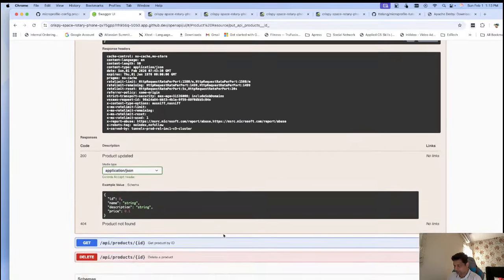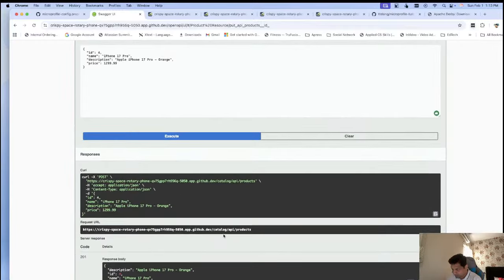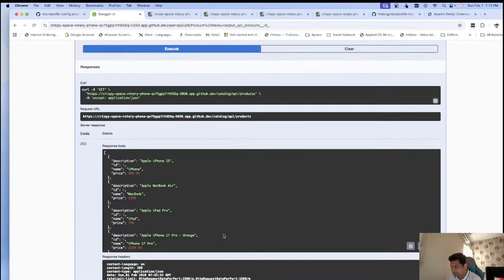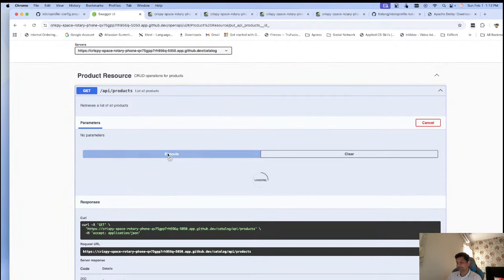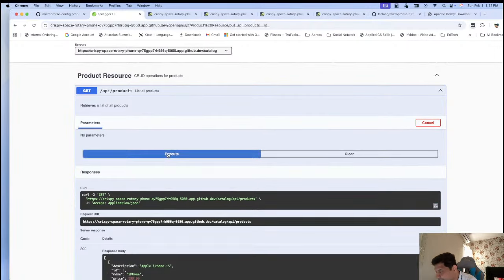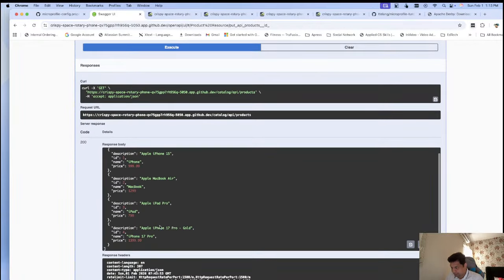So this was all about the Swagger. And now let me also run this to see whether these products have been updated. I execute this. And now you see here, this is gold and the price has also been updated. So this is an API which is also